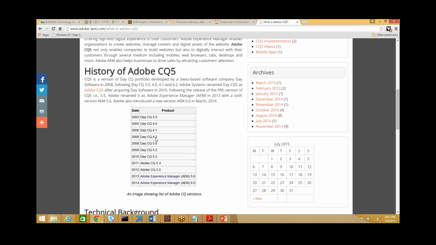See, if you see it here, in 2010 to 11, when Adobe bought it, they called it Adobe CQ. Version 6.1 onwards, they call it Adobe Experience Manager. So this is the history